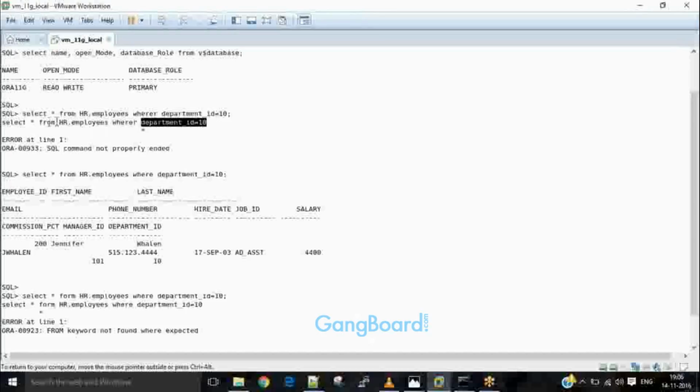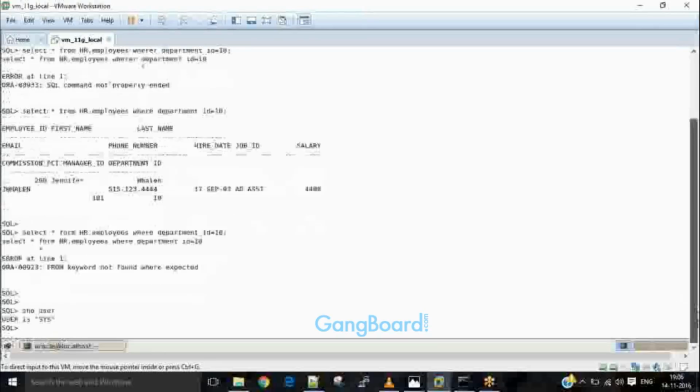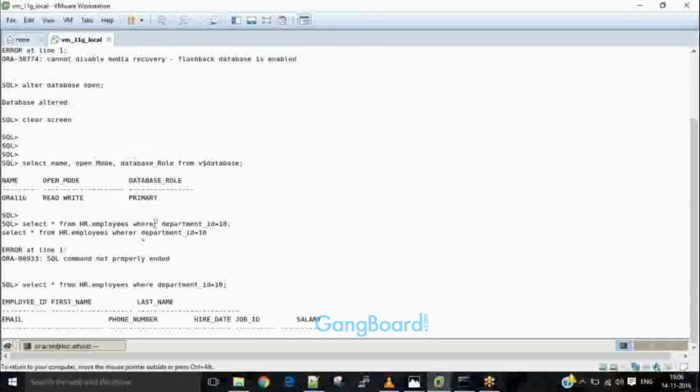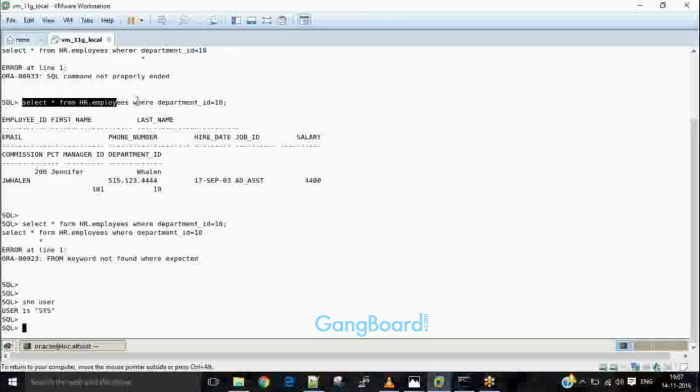Secondly, it will check whether the user, currently I am with the user sys, if I do show user, it is sys, has the privilege, at least the select privilege, on the particular table or not. And the third thing is whether the user is able to make any changes, whether he has the privileges to perform any changes on the particular table. So if I fire the above query,